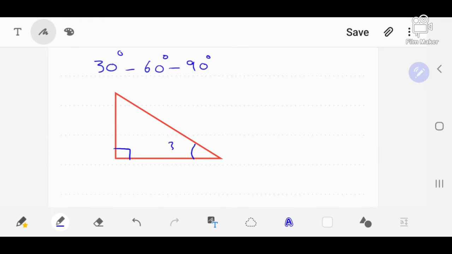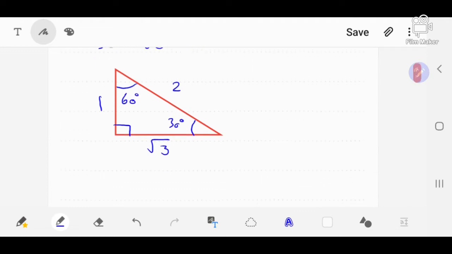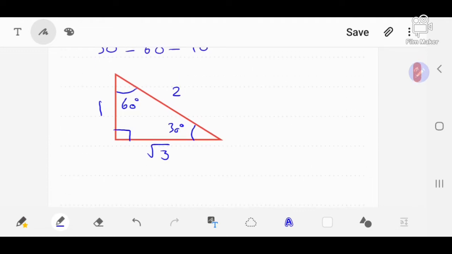Let's say this is the 30 degree, this is the 60 degree, and as we said before, each angle has a special ratio. So 30, as I've explained in the other video, the sine of 30 will always be half, so the opposite side is 1, and the hypotenuse 2, it's always half the hypotenuse, and the third side will be radical 3. This is always fixed, so actually sine 30